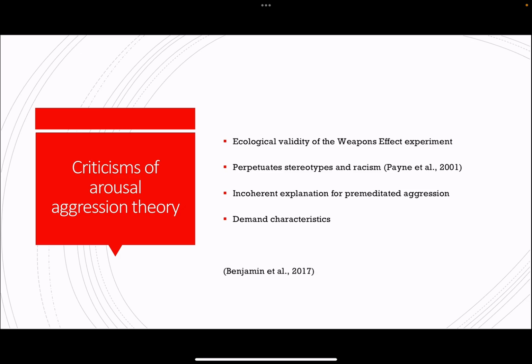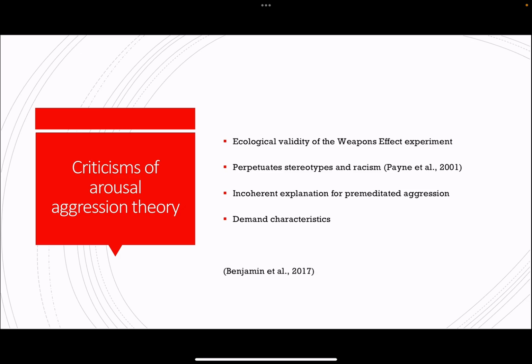The weapons effect may perpetuate stereotypes and encourage negative social biases, prejudice that support racism. A study conducted by Payne et al. 2001 found that when comparing images of a black person and a white person, the first independent variable, to the second independent variable, a picture of a handgun or screwdriver, participants were quicker to associate the handgun to the black person compared to the white person. This negative evaluation or the automatic activation of stereotypes suggests that the preconception of aggressive cue objects influence the weapons effect, but also further facilitate negative associations, which is detrimental to society.